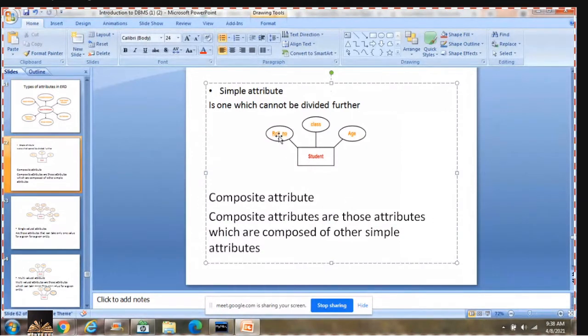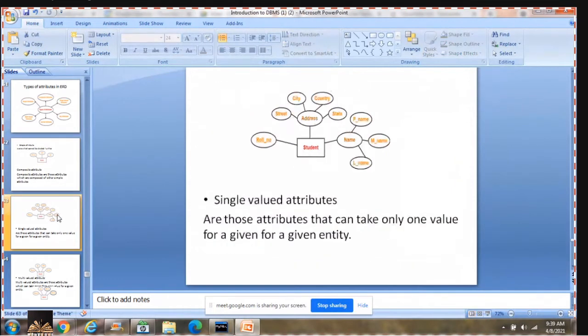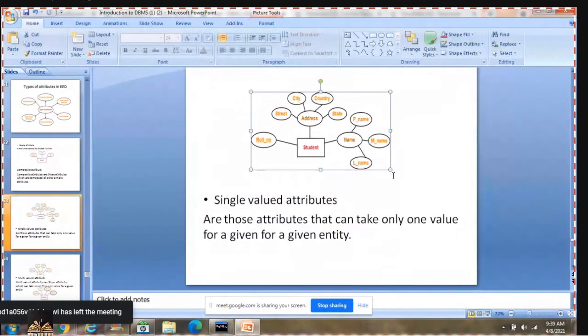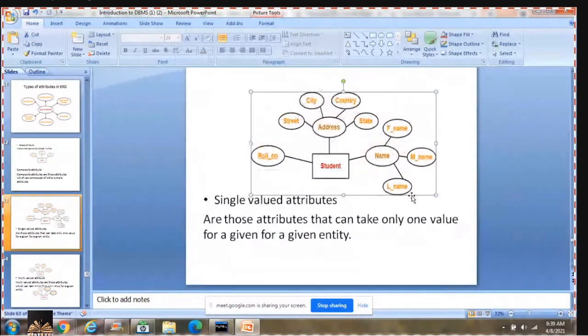Example: again, I'm working with the student entity. There is roll number, address, and name.